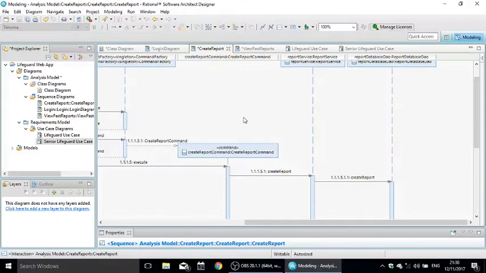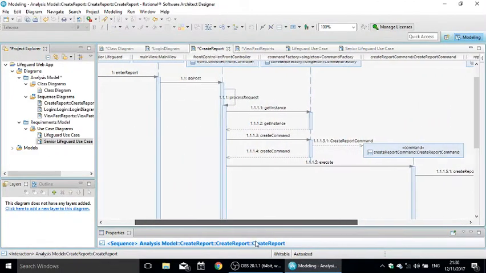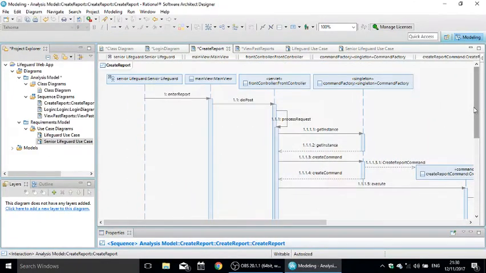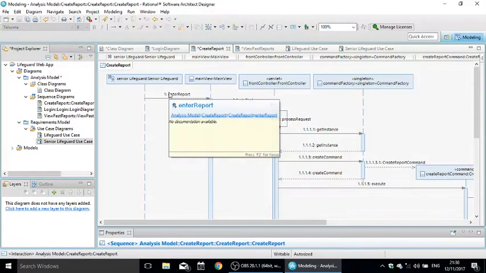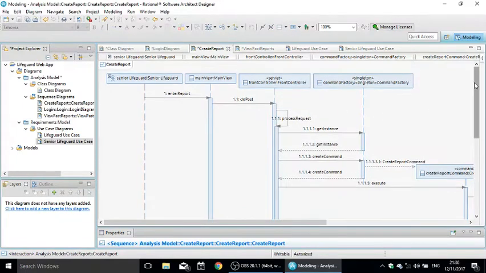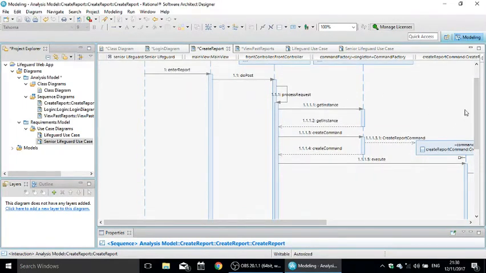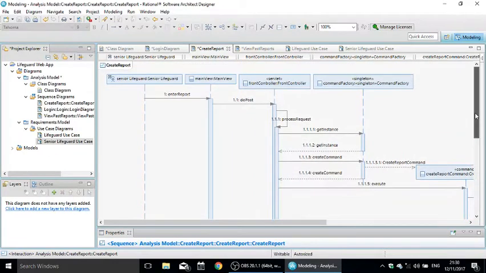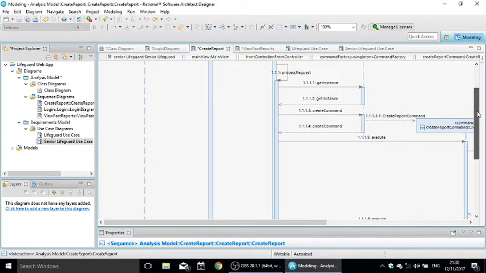So if I look at my create report use case, we'll notice here that instead of it being a regular lifeguard, it's a senior lifeguard, as indicated in the senior lifeguard use case. Only senior lifeguards can create daily reports. So again, the senior lifeguard will invoke the enterReport method on the main view, which will invoke the doPost method on the front controller, which will invoke processRequest on itself, which will invoke another getInstance on the command factory, which again is a singleton class,